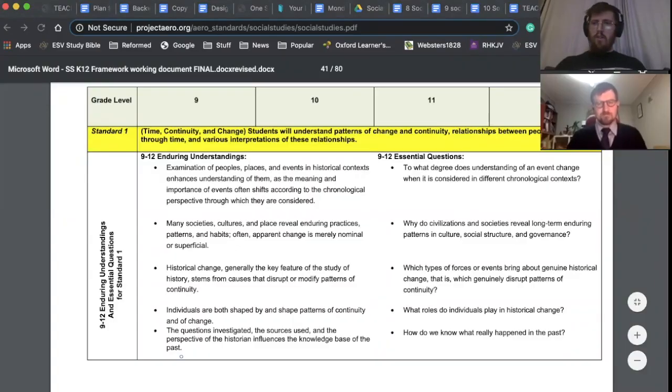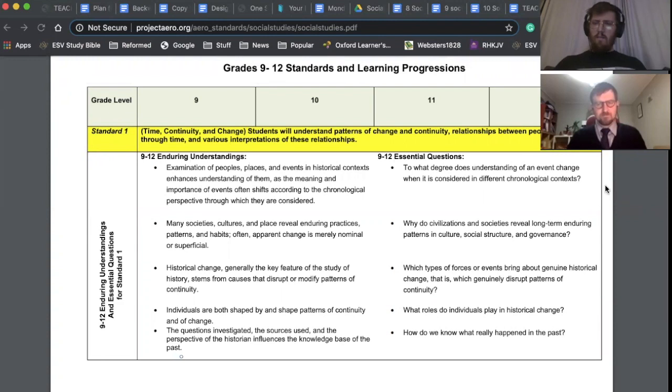So for my clinical practice coming up, I'll be teaching 8th, 9th, and 10th grade social studies at my school, and focusing on 10th grade world history right now. For example, for the first unit in world history, just dealing with ancient civilizations, I was thinking about standard one.